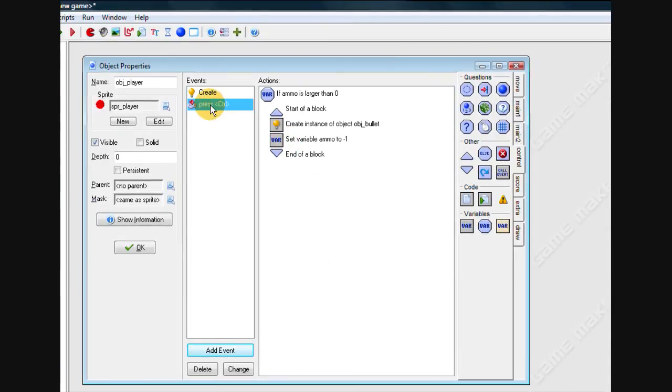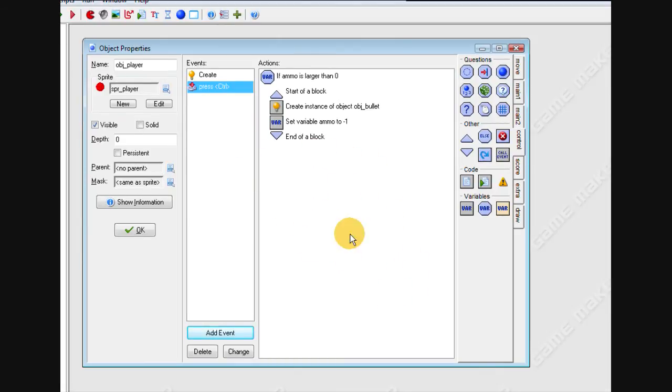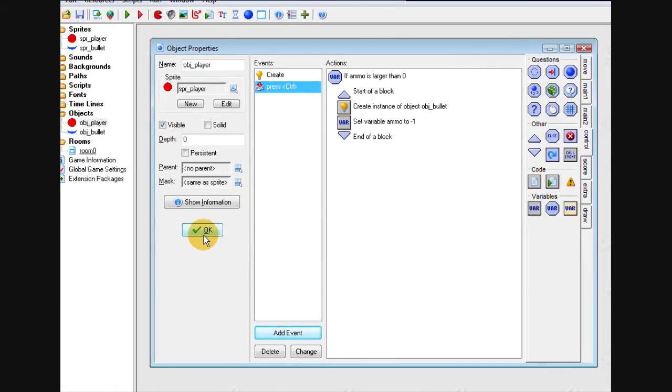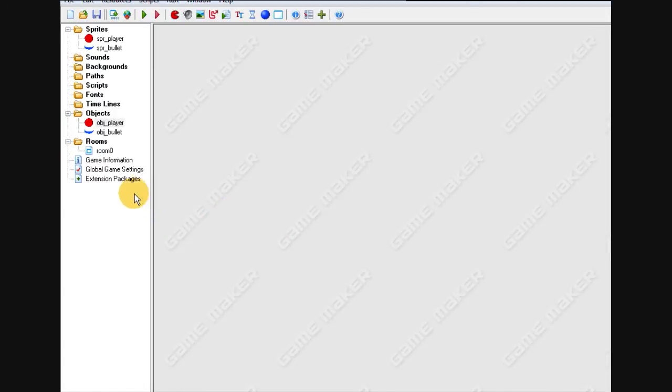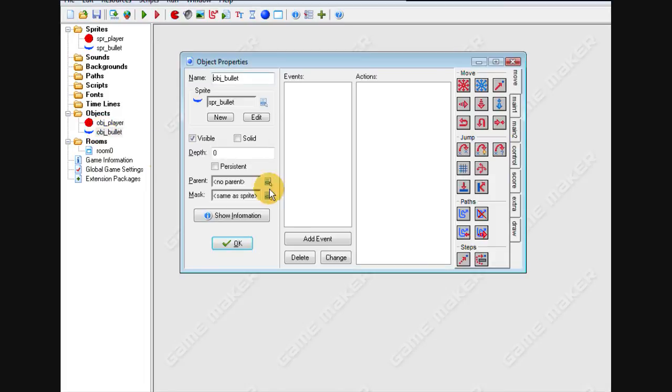So when we press CTRL, first it checks if ammo is larger than 0. If it is, it does this. If not, it does nothing, because there's nothing else that we have in here. So click OK. And the last thing we're going to do here is double click obj_bullet,